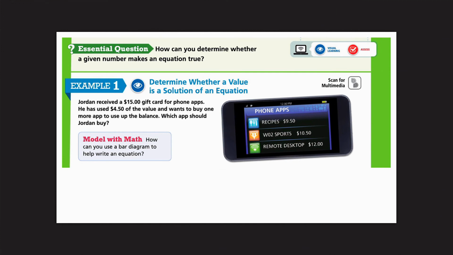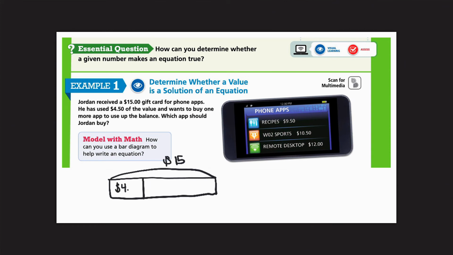So we're going to be using this graphic here to help us. You can see he's got three choices: recipes, sports, and a remote desktop. So it says here to use a bar diagram, I call it a tape diagram, to help write an equation. So first of all, let's think about how much money he got on that gift card. Well, it says he got $15. So I'm going to draw a tape diagram, and that is going to be worth $15. Okay, so we know that he has used